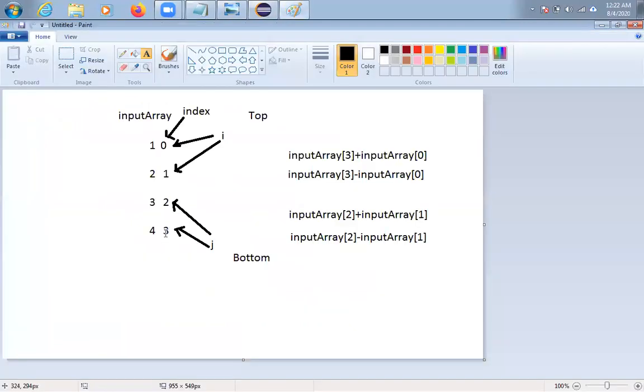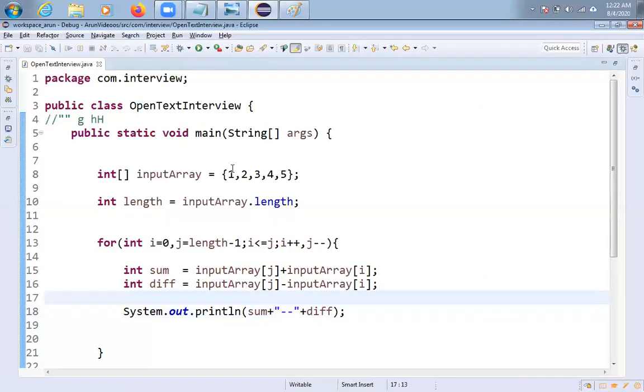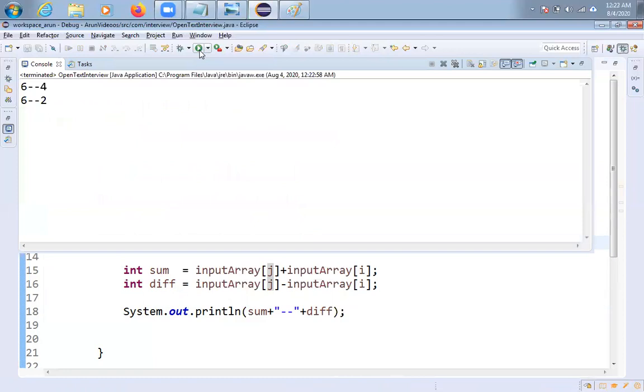Why 6 0? Let me check it, friends. 1 2 3. Okay, 3 3 also we are getting. The same element. No need to do anything. So just what I am doing is, instead of i less than or equal to j, just i less than j. I'm checking, friends. That's it. It's not required to check the third one as well. Okay. 6 4 and 6 2, friends.